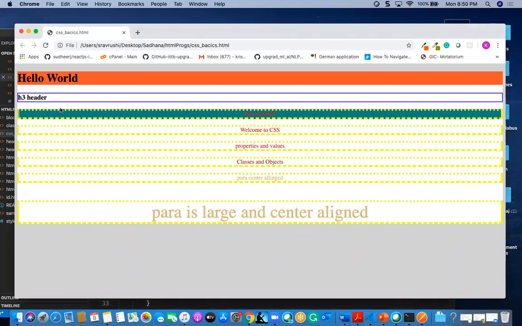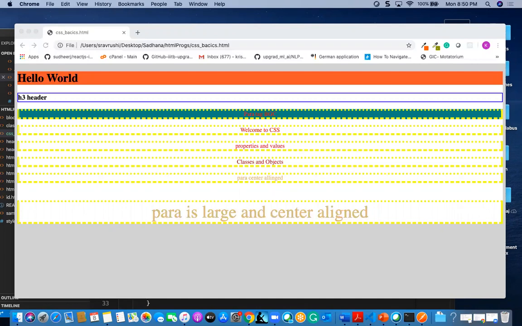You can find it is changed for everything. Yeah, this is border hyphen color.